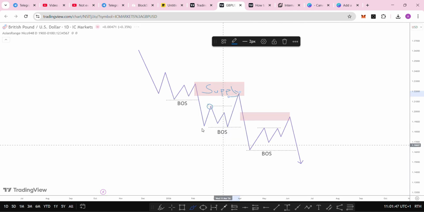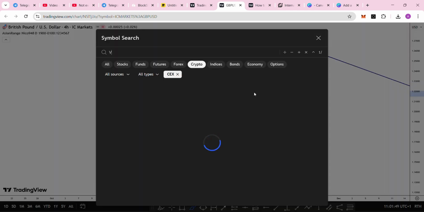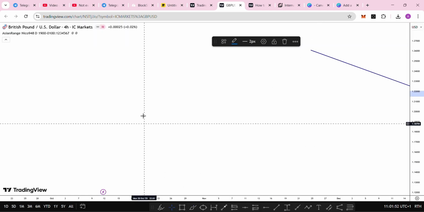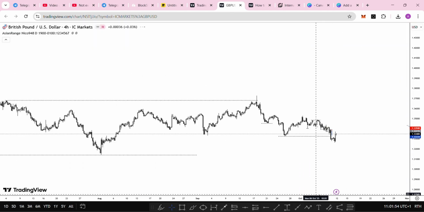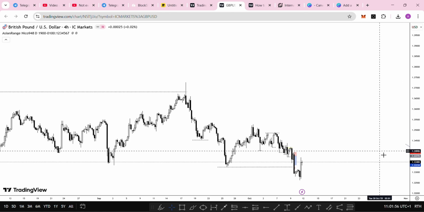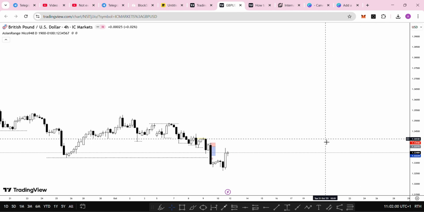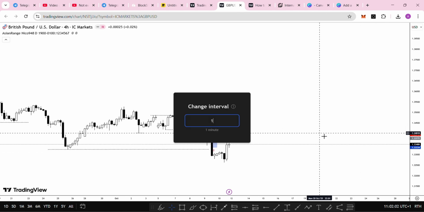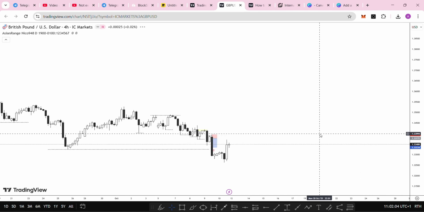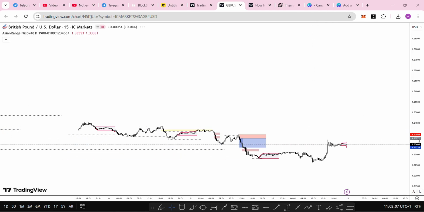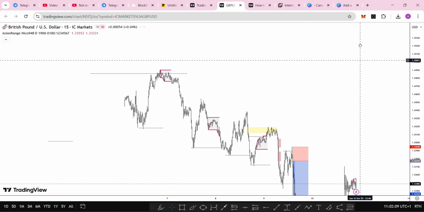Let's go to the 4-hour time frame. This is the GBP USD time frame. This concept helped me to capture a lot of trades during the week. You understand? Let's go to the 15-minute time frame to make this concept very strong. So you can see